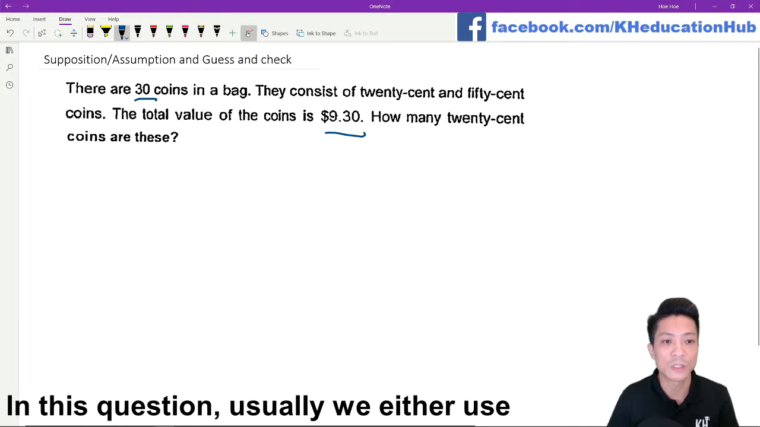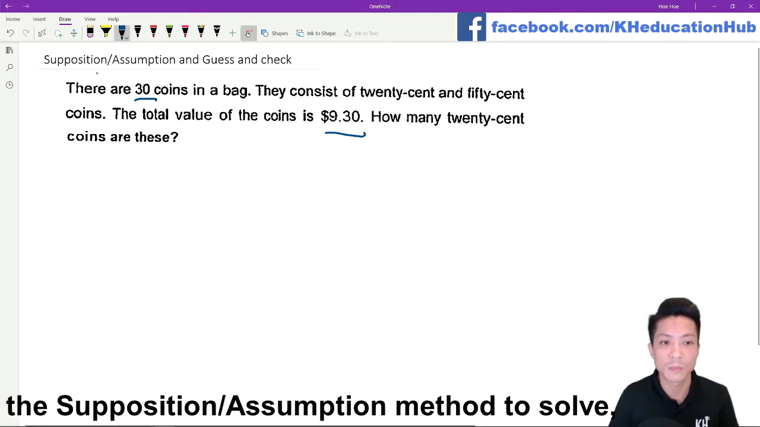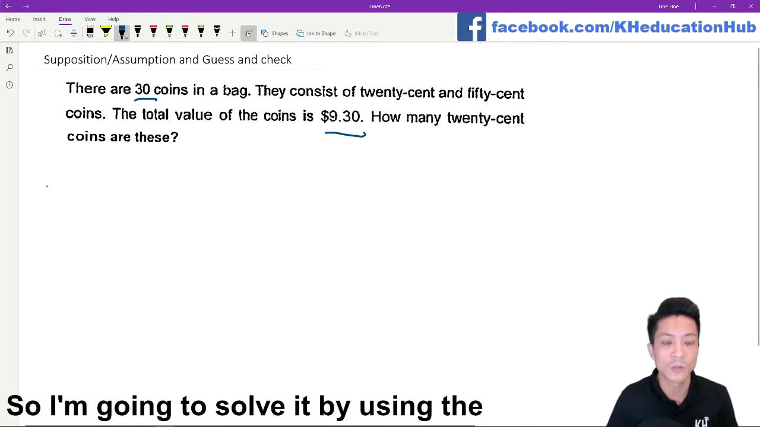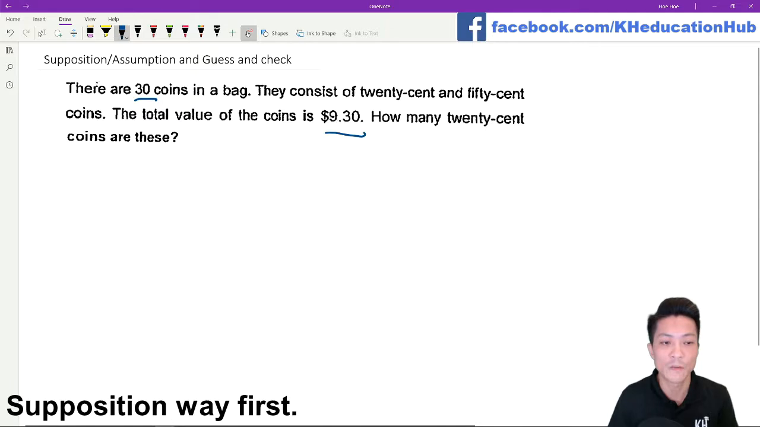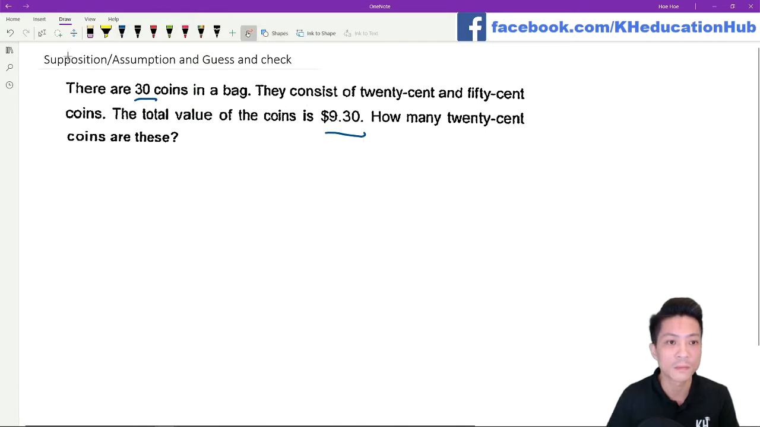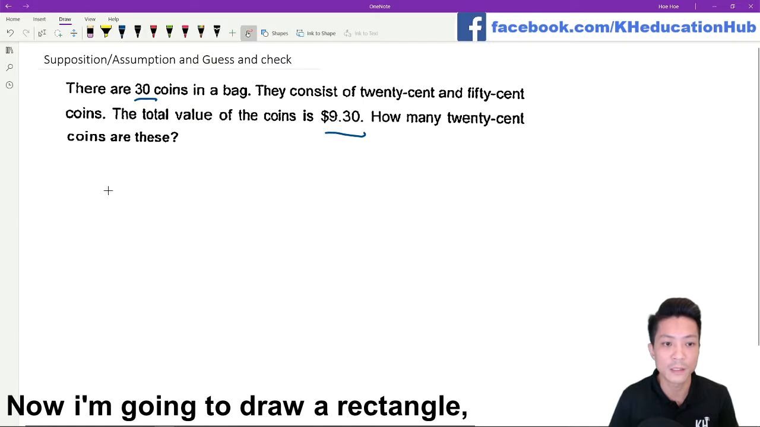So in this question, usually we either use the supposition or the assumption method to solve, or we can use the guess and check way. So I'm going to solve it by using the supposition way first. I'm going to explain it by drawing a model. So now I'm going to draw a rectangle